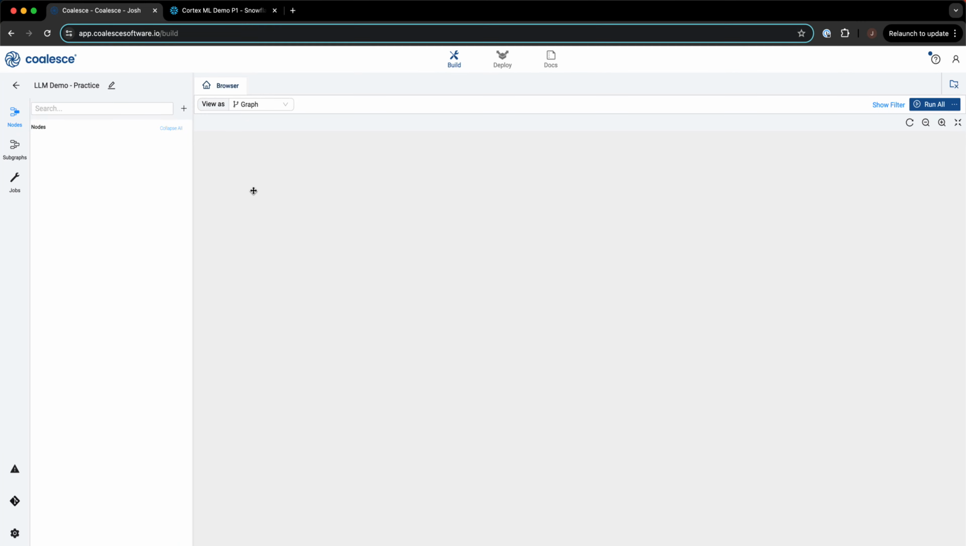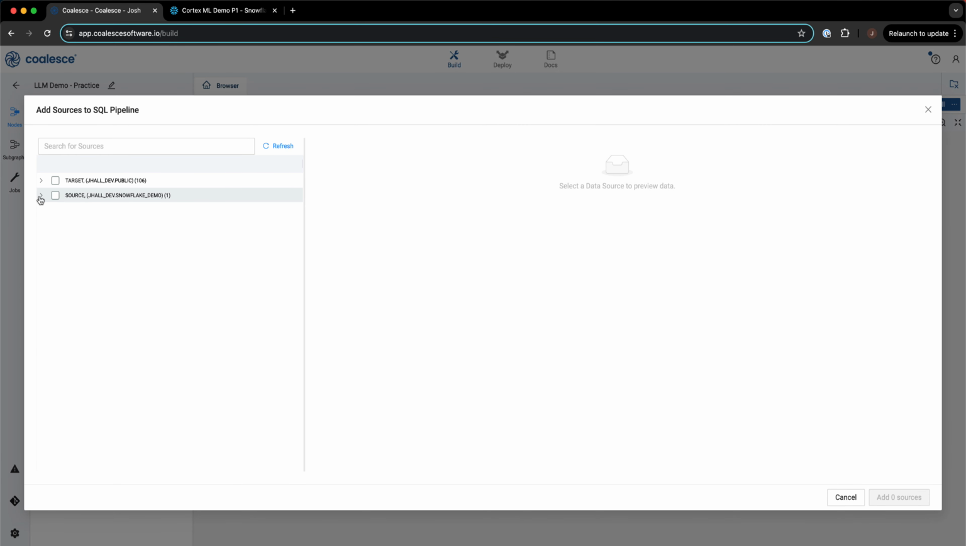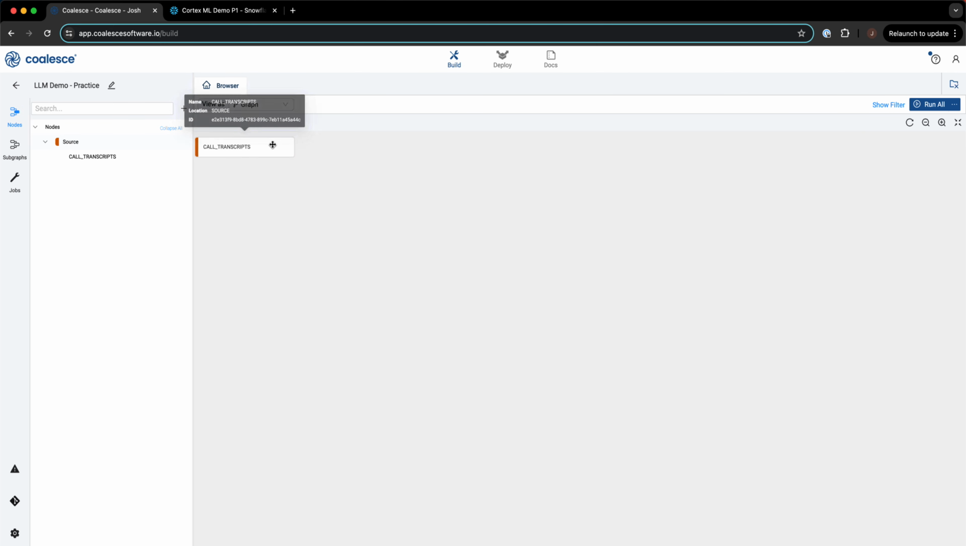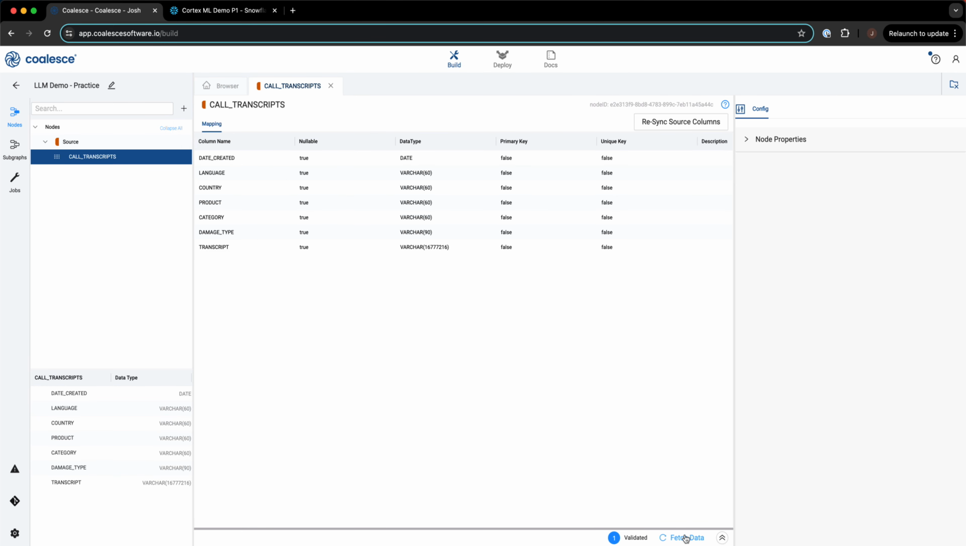All right, in this demo, we want to use Snowflake LLM functions to help us understand call transcripts. So in order to do this, we're going to add in a data source from Snowflake into our Coalesce environment, specifically this call transcripts table from Snowflake. And once this is added in as a node, we can select it and view the data coming from it